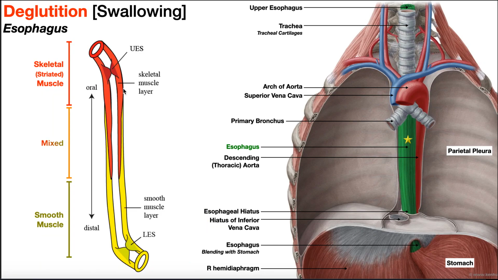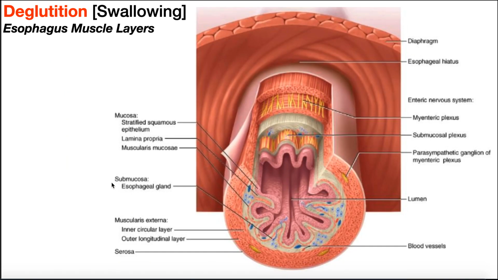Now, we've already talked about the types of muscle tissue that you have in the esophagus depending on what level of the esophagus we're at. The upper esophagus is skeletal or striated muscle, the bottom is smooth muscle, and the middle is a mixture of the two where skeletal muscle is blending into smooth muscle. But what we haven't talked about are the layers of the muscle cells. And this is more appropriate to talk about in the smooth muscle regions at the bottom of the